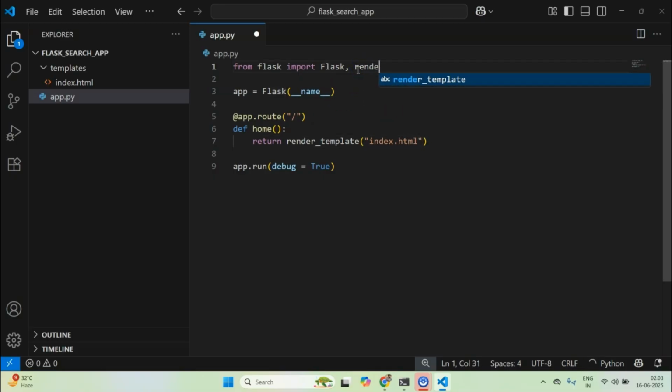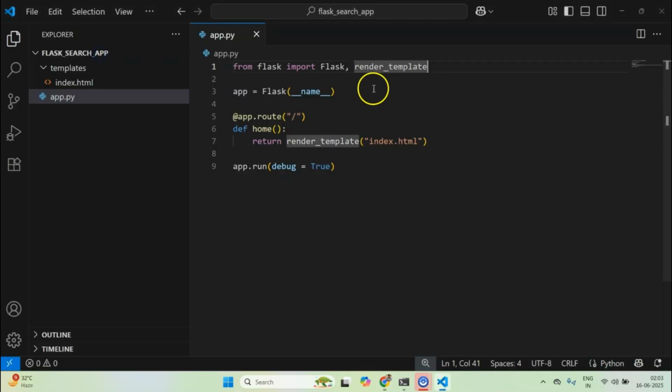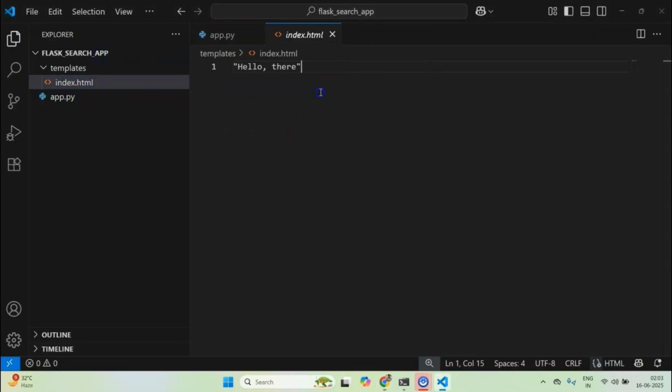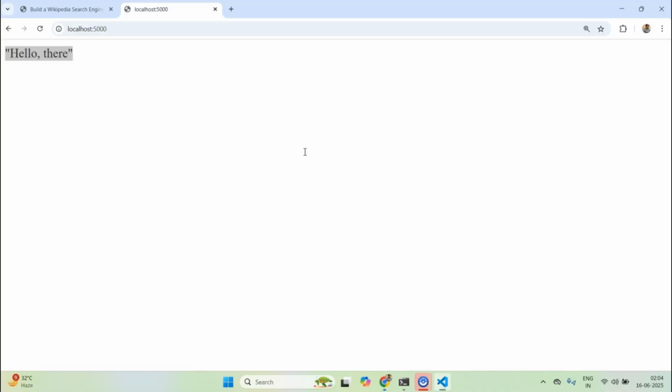And here I can import render_template, and if I reload the app, we can see the new hello there has been imported. Just to show you, let me write some dummy text, and if I save it and reload it, we can see it's dummy.